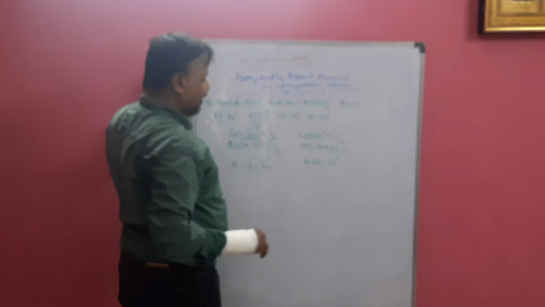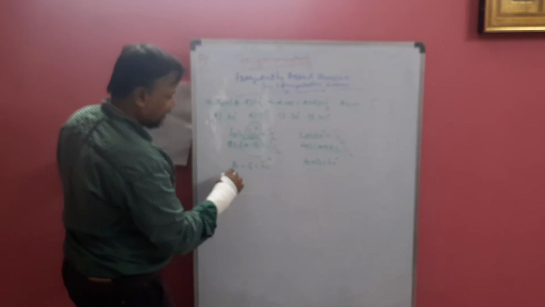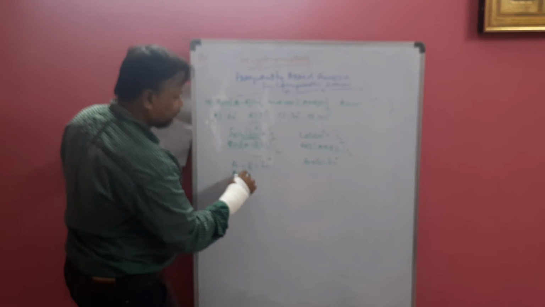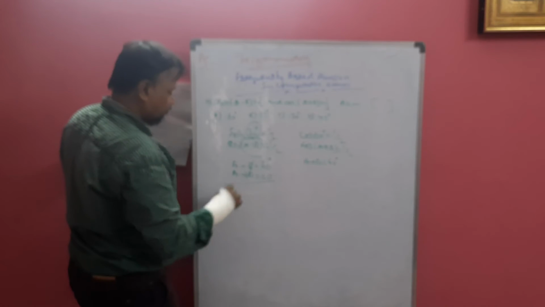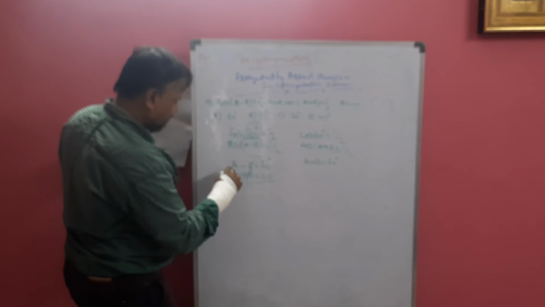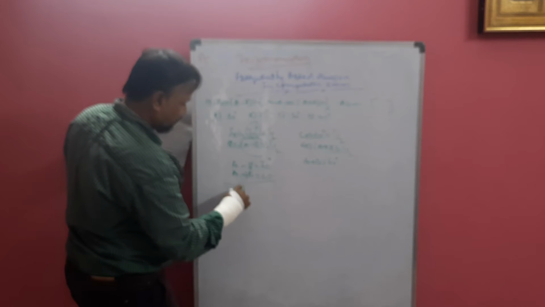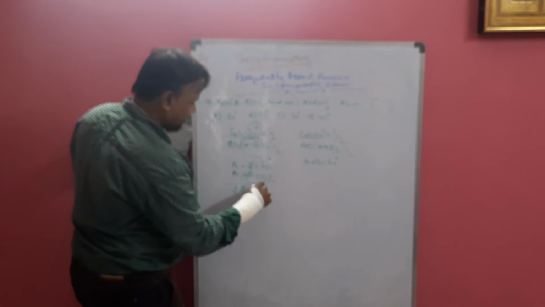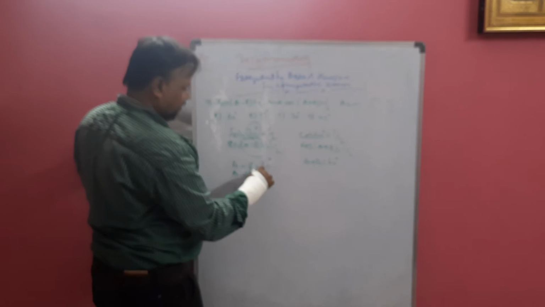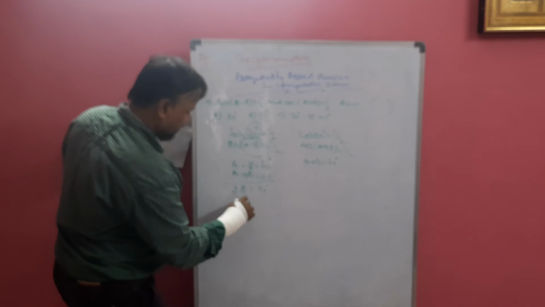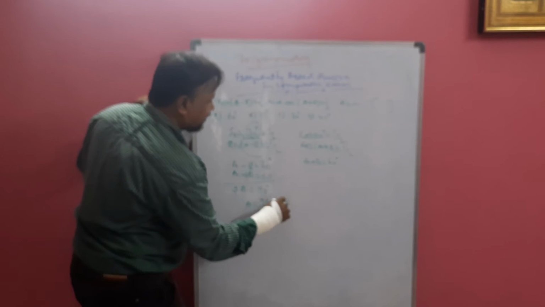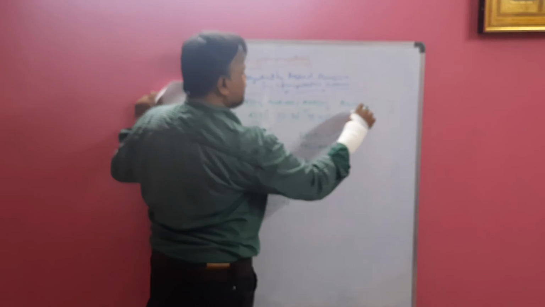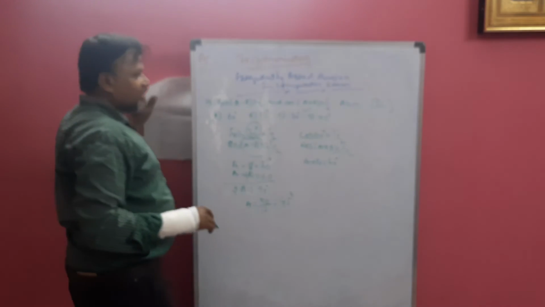Now we have to find the value of A. Substitute here, add here. A plus B is given 60. Now add these two, plus B minus B gone. 2A equal to 90 degrees. Why? Because 30 plus 60 is 90. A equal to 90 by 2, that equals 45. Where is that? D. So D is your solution. A is 45.